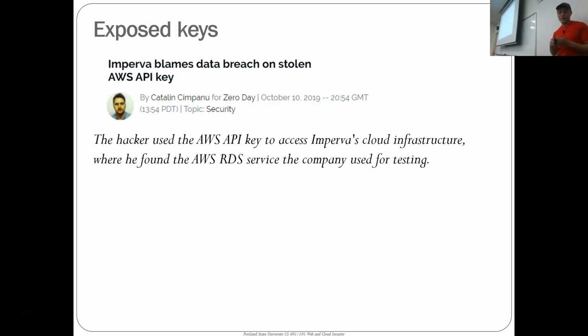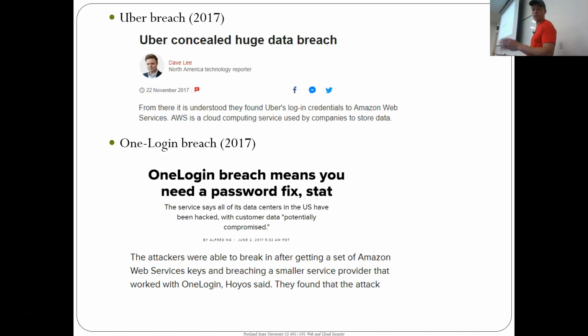Another real difficult thing is exposed keys. We'll talk about service account keys and AWS access keys. These are basically the keys to the kingdom. And if you expose any of these keys, it's basically jailbreak on your cloud project. Imperva basically had a data breach because a single API key was exposed, and that was enough to get into the AWS database backend service to get all the data out.